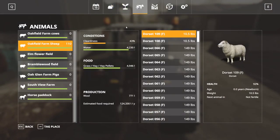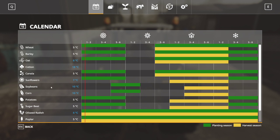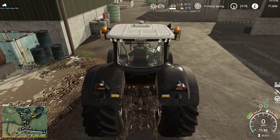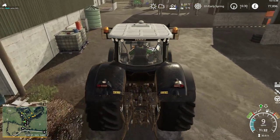Right, sunflowers need 7 degrees. Seriously, we can plant sunflowers already? I thought sunflowers was a later crop. We can plant sugar beets right this minute. And we can plant canola. So we can plant everything. It's just a little bit cold for the sunflowers right this minute. Ground temperatures are 5 degrees. So if we hold off for the sunflowers,